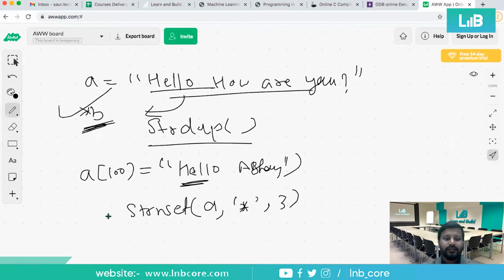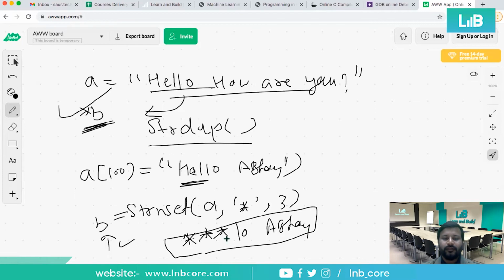This will be the command. And it will return your data. Suppose you store it into B, so your B will become star star star LO space Abhay. Is that okay?